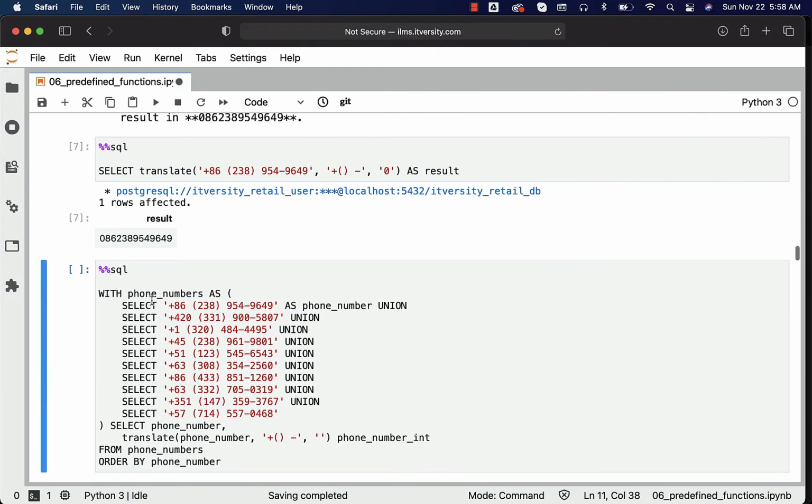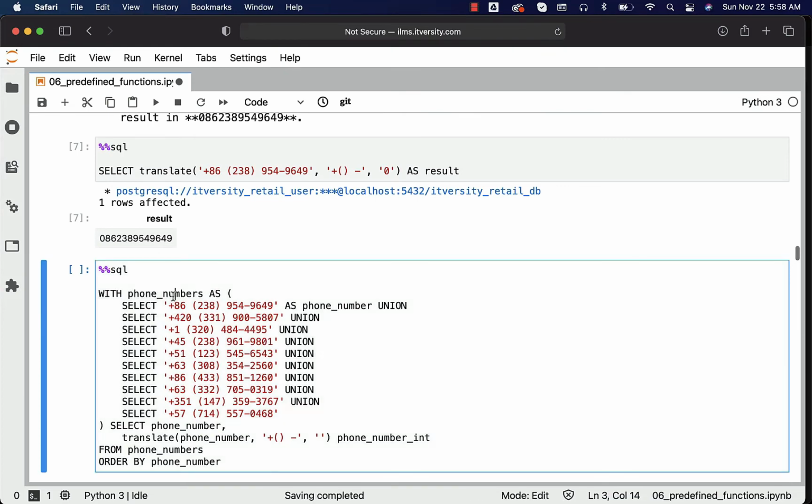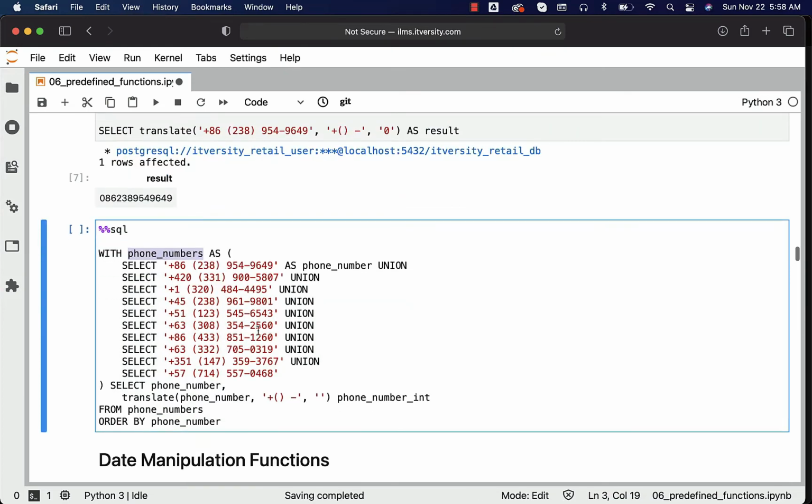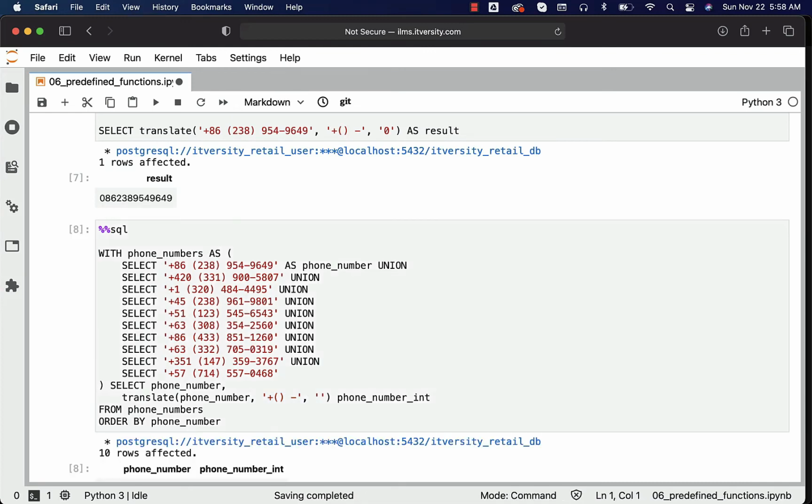This is a more realistic example where we have a named query called phone numbers to simulate phone numbers, and you can see the output here. In this case we are trying to replace everything with an empty string, not only brackets, space and hyphen, even plus I want to replace with an empty string. This is how it will look. All the characters that are supposed to be replaced with empty strings should be towards the end. You should not have any other characters after them, otherwise it will not work. You cannot just say that for this you use an empty string. If you use any other string, automatically that empty string condition will be violated, and hence all the characters that are supposed to be replaced with empty strings should be towards the end of the second argument.